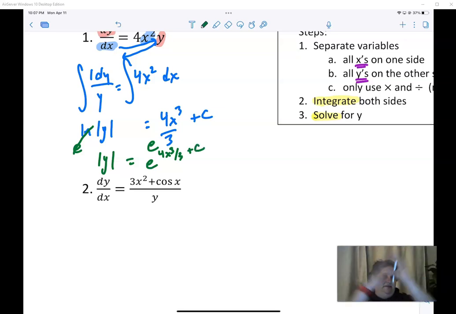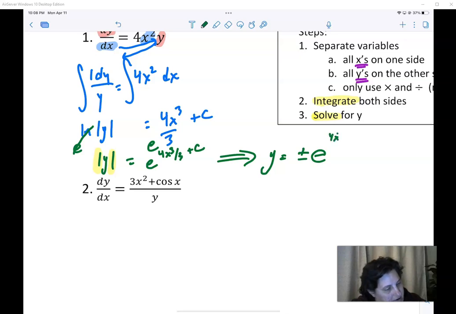Now the constant is still up in the exponent. The thing that's a little bit tricky on this one is the absolute value of y. If you do have an absolute value like that, it just means that it could either be a plus or minus. So y is plus or minus e to the 4x to the third over 3 plus c. And that is my